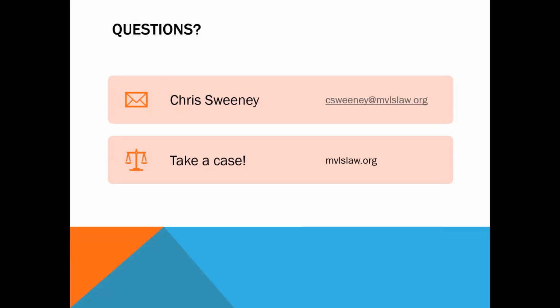And I'll also mention one more thing on volunteering and taking a case. We have a pro bono portal where you can see active cases on our website. Those are clients waiting to be matched. You can sort them by case type, and you can look at all the people looking for expungement assistance. And of course, I'm available anytime and more than happy to help any volunteers taking on expungement cases.